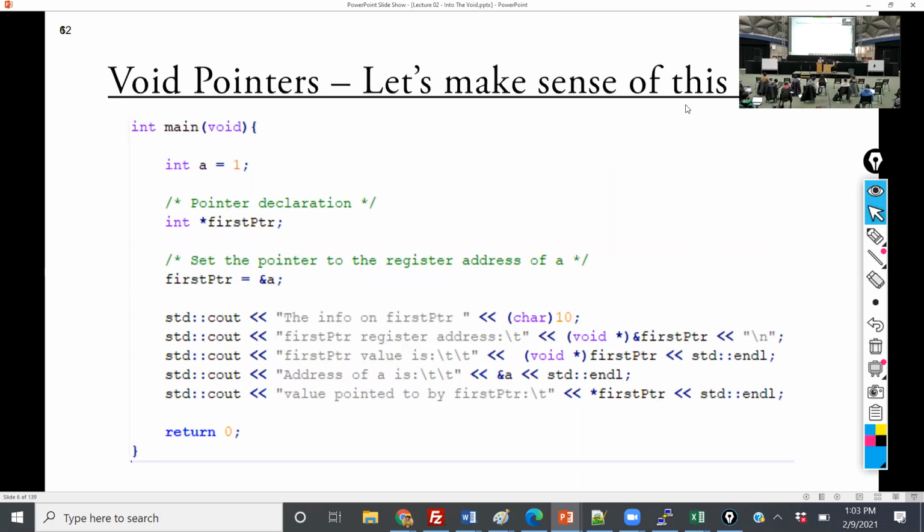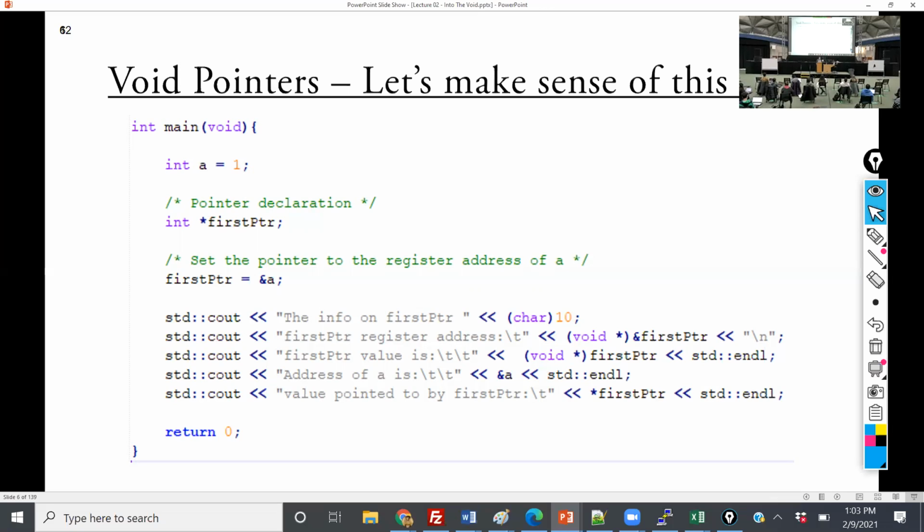All right, so first, I'm going to show you this piece of code, and then throughout the course of the next 10 minutes or so, we're going to make sense of this piece by piece. And the more you understand this, the more you'll understand the lower levels of abstraction, and we're going to build up towards building our very first data structure.